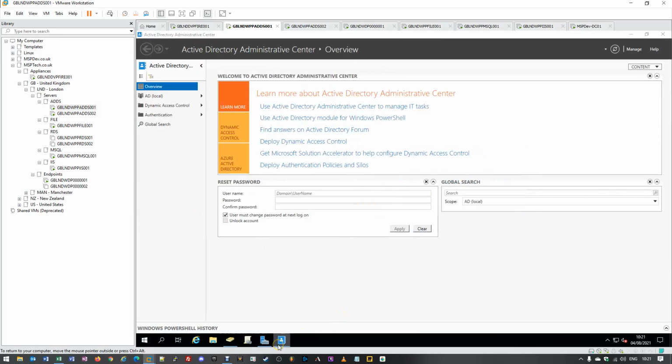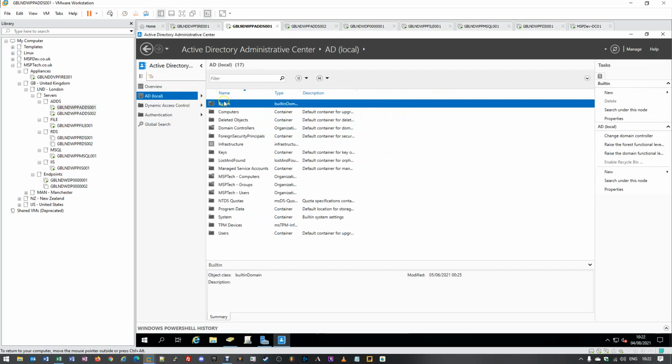We're actually going to pin this to our taskbar for easy access. And what we'll see is we have the Active Directory Administrative Center overview, a few bits and pieces, including a quick password reset option as well as a global search. On the left hand side, there's a few extra options, but what we're looking at here is AD local. And if we go ahead and click on that, this will almost replicate what we have from